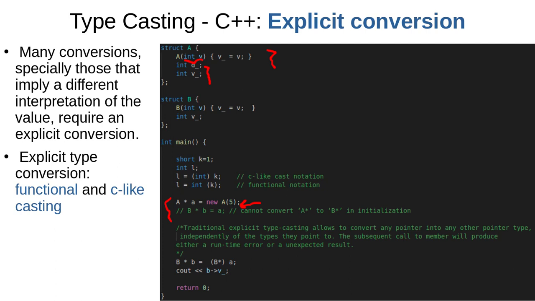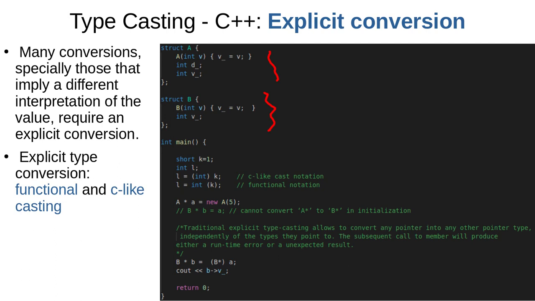So if I try to declare P, an object pointer of type P, and assign a to it, this operation is rejected, and it cannot happen implicitly, because A and B are completely different classes. So the implicit conversion will not work. In this case I need explicit